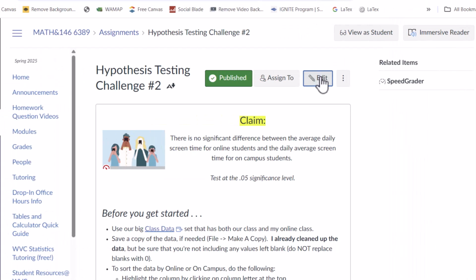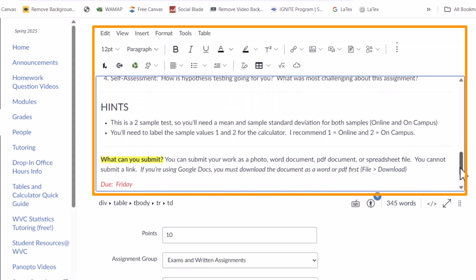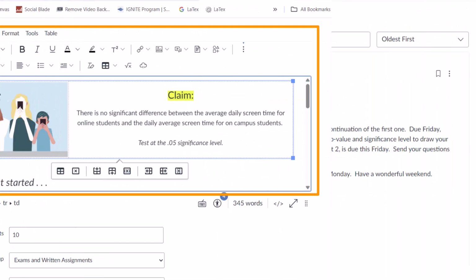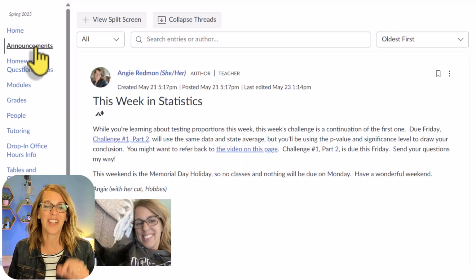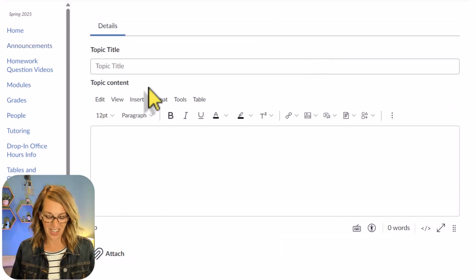But you can do this wherever you've got your rich content editor. That's with all of those editing tools. So that would be like a page, assignments, discussion boards, etc. I'm going to use an announcement as an example. So let's go back to announcements, and I'm going to create a new announcement, and I'm just going to call